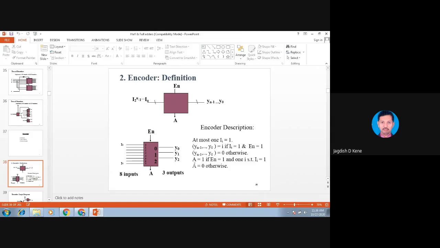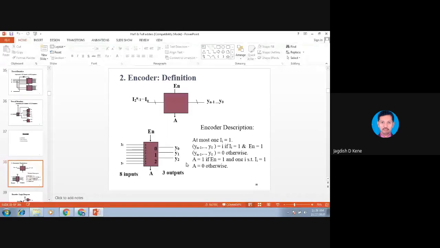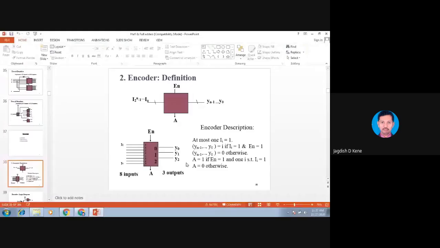See here again, the control lines are common in this encoder. But what is the change? Instead of connecting control lines on the input side, we are connecting control lines on the output ports, and the data lines are replaced by I0 to I7 as input lines.